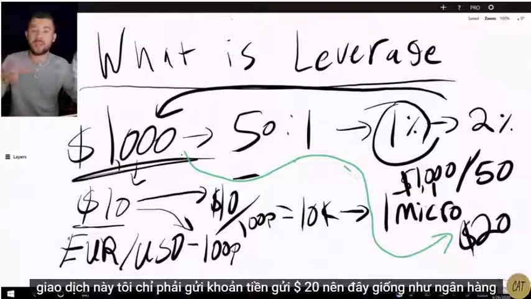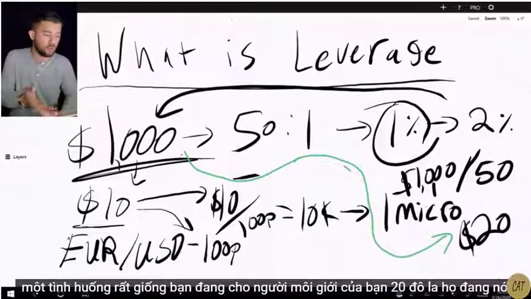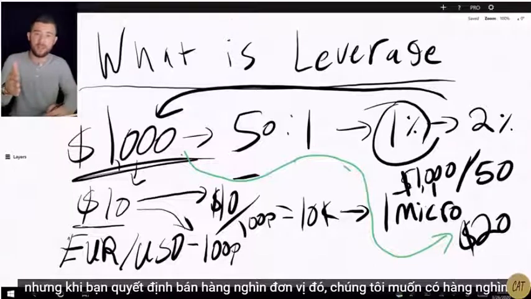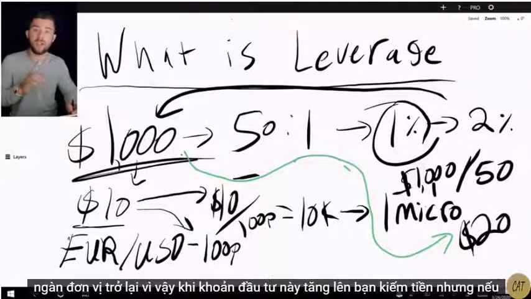So this is like the bank in the beginning of this video, the scenario we talked about with houses. This is a very similar situation. You're giving your broker 20 bucks. They're saying, here's 1,000 units. You hold on to those 1,000 units as long as you want. But when you decide to sell those 1,000 units, we want that $1,000 back, no matter what. If your investment goes up or down, we want that $1,000 back. So when this investment goes up,